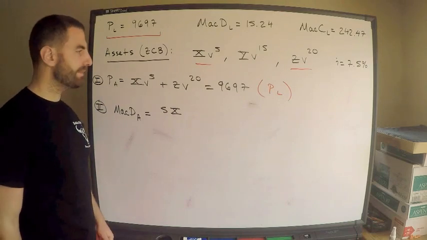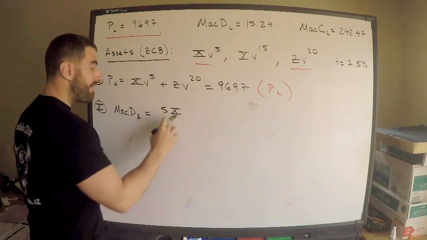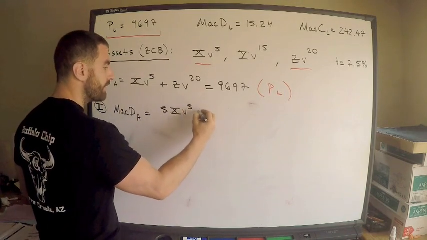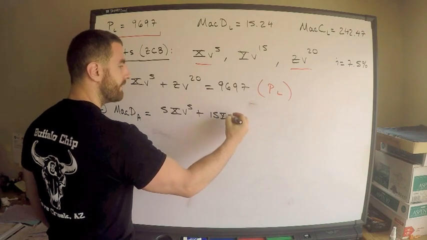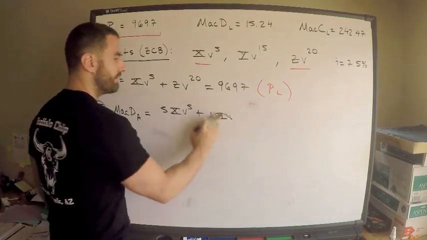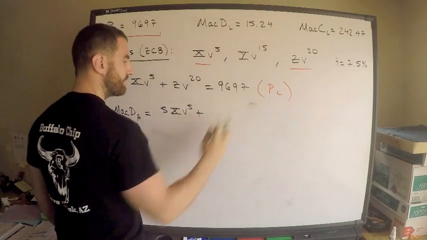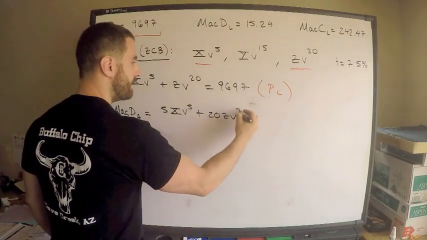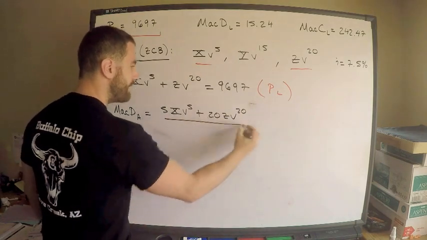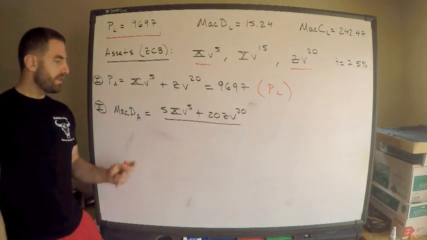I'll write it down in a second. So I have 5x v to the 5th plus 15y v, sorry, I'm skipping that one, plus 20z v to the 20